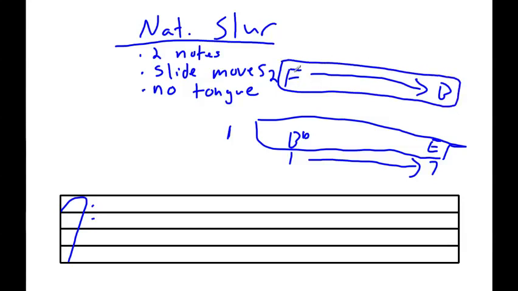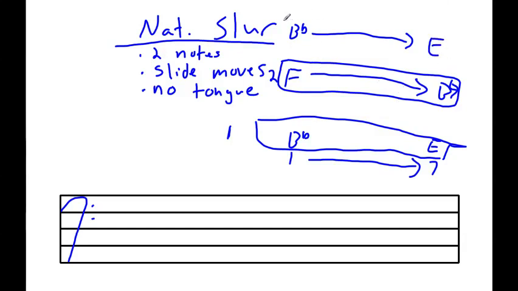Because we can gliss from that F all the way through E and E flat and D and all the notes in between, all the way down to that B natural. The B natural there. And then let's go for the one more floor up, that tuning B flat that we've started to work on, and that'll go down like it was here, just an octave higher, to that E